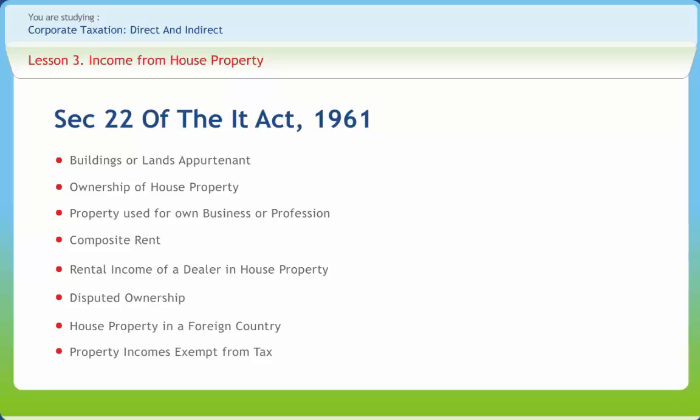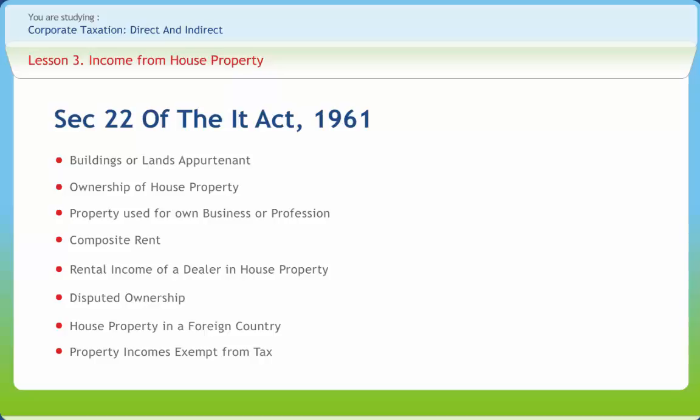The term buildings includes any building, whether occupied or intended for self-occupation, office building, godown, storehouse, warehouse, factory, halls, shops, stalls, platforms, cinema halls, auditorium, etc. Income arising out of the building or a part of the building is covered under this section.